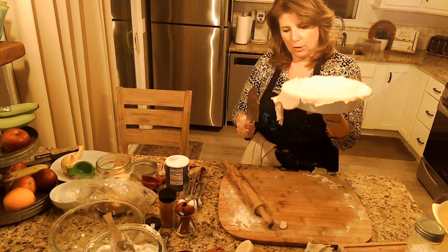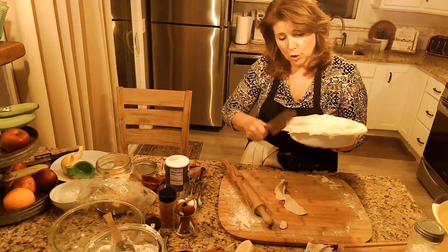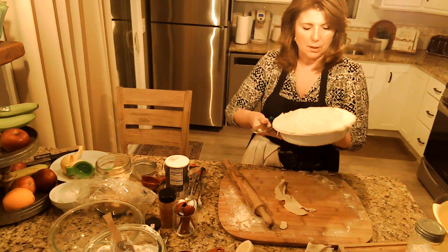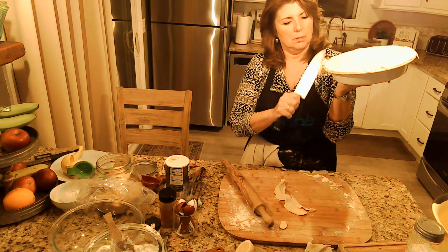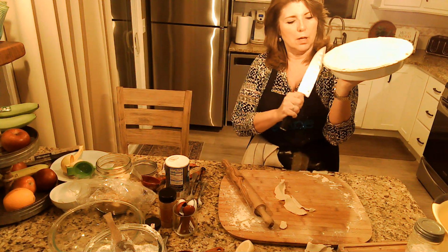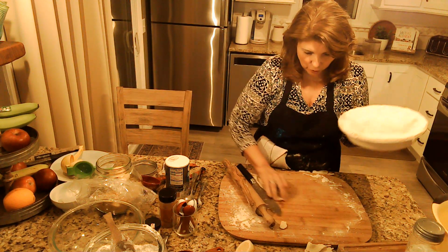And then we're going to make sure it's pressed down real good so it doesn't shrink too much. And we're going to vent it. We're going to egg wash it. Put a little sugar on top. I don't have any sanding sugar or coarse sugar,